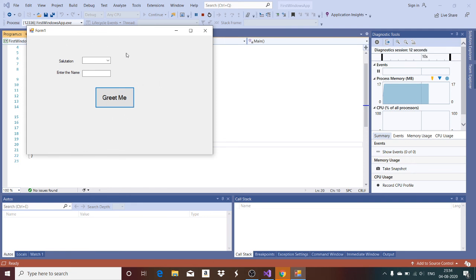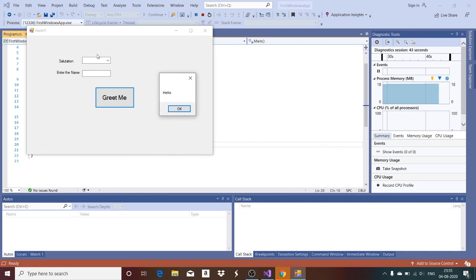So now this enters into the indefinite loop and it will be waiting for the user to trigger an event. So whenever you trigger an event, the event will be responded to with the event handler. So what is the only handler we have? In this application, we have added only one event handler. What is that event handler? Button click event handler. So when you click the button, it will be responding.